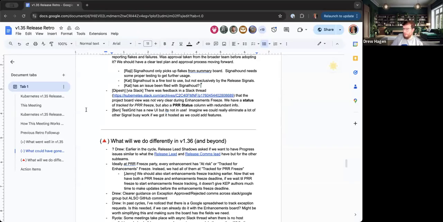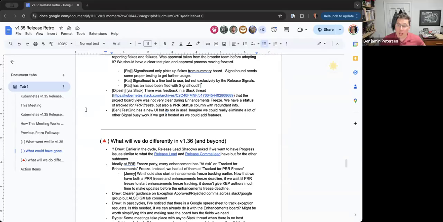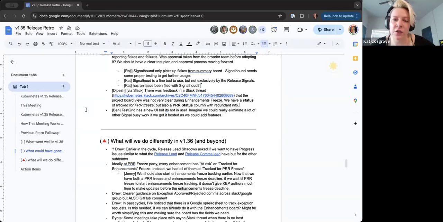So then we'll clarify that the main column will be used for tracking enhancement series. Should we rename the column to PRR freeze, just to make it clear that this changed? I think we can just change how we use it. We get rid of the tracked for PRR freeze status drop down item, and PRR status becomes tracked for PRR freeze or